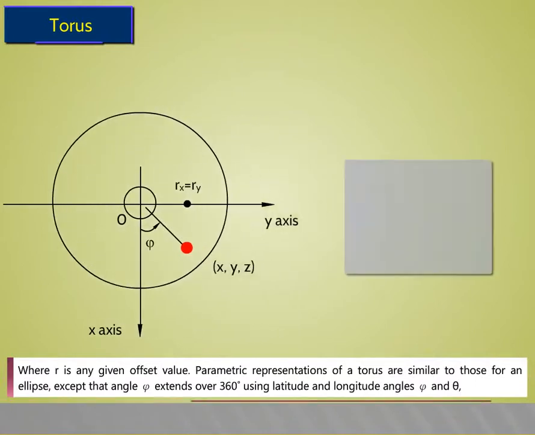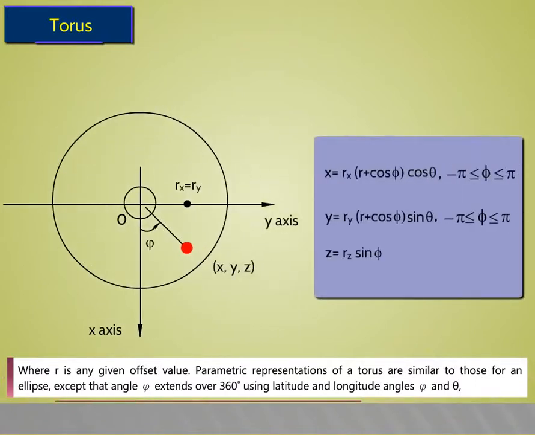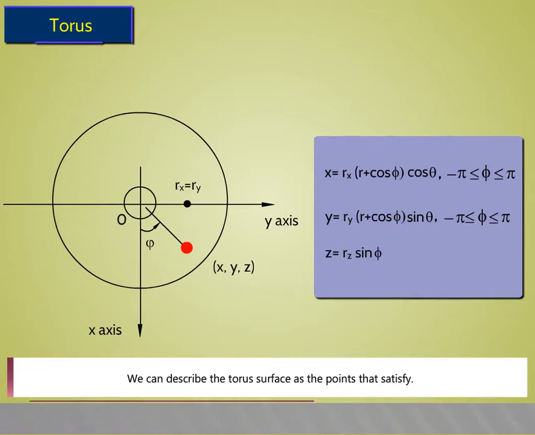Parametric representations of a torus are similar to those for an ellipse, except that angle phi extends over 360 degrees, using latitude and longitude angles phi and theta. We can describe the torus surface as the points that satisfy